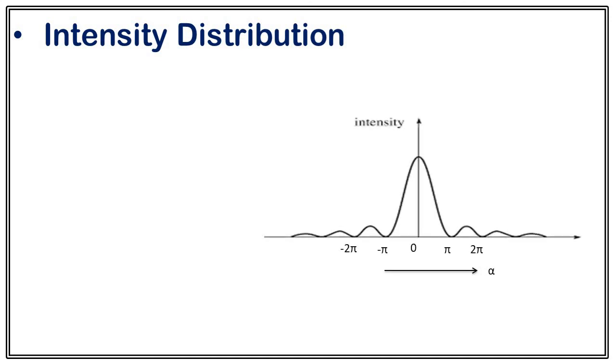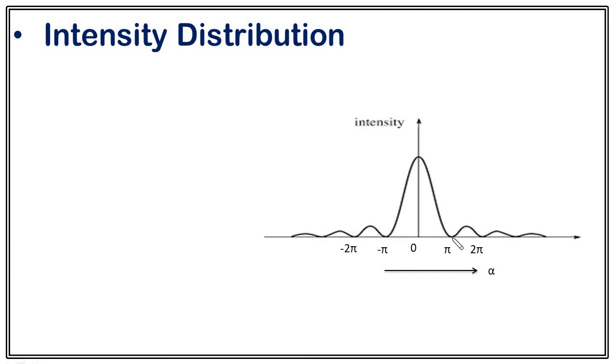So let's plot the intensity distribution. If you plot the intensity pattern, it will look like this. If you place a single slit in front of a plane wavefront, then you will find an image like this on your screen. And here you can easily see it consists of a bright region, then a dark, then bright. The center one is called the principal maxima.